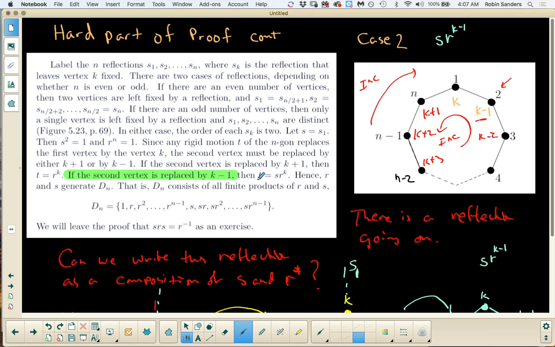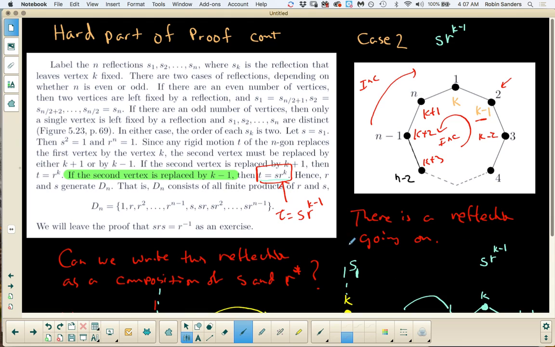And here again, when we start looking at things, there's another typo. That should read t is equal to s r to the k minus 1. And now what this means is that,